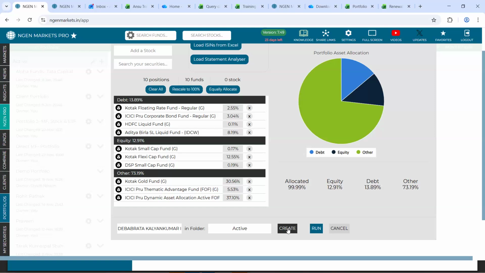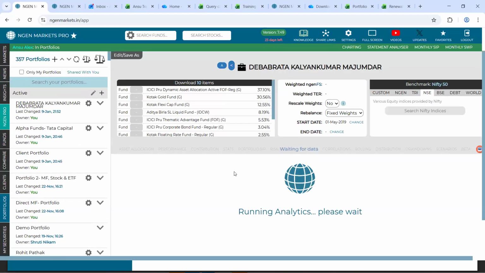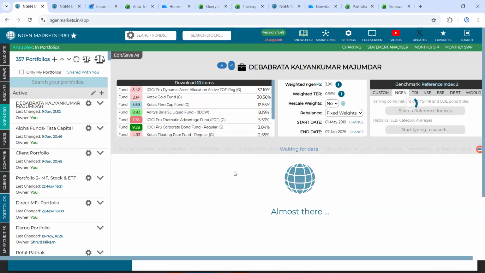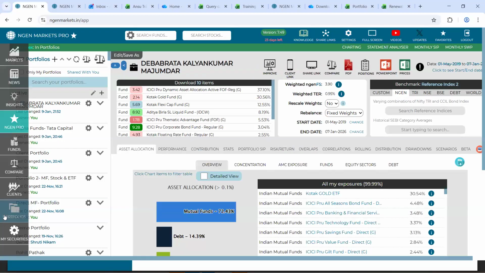And then you can run an analysis on the same. So this is the way how you can upload a CAS file onto the system and run an analysis on the same.